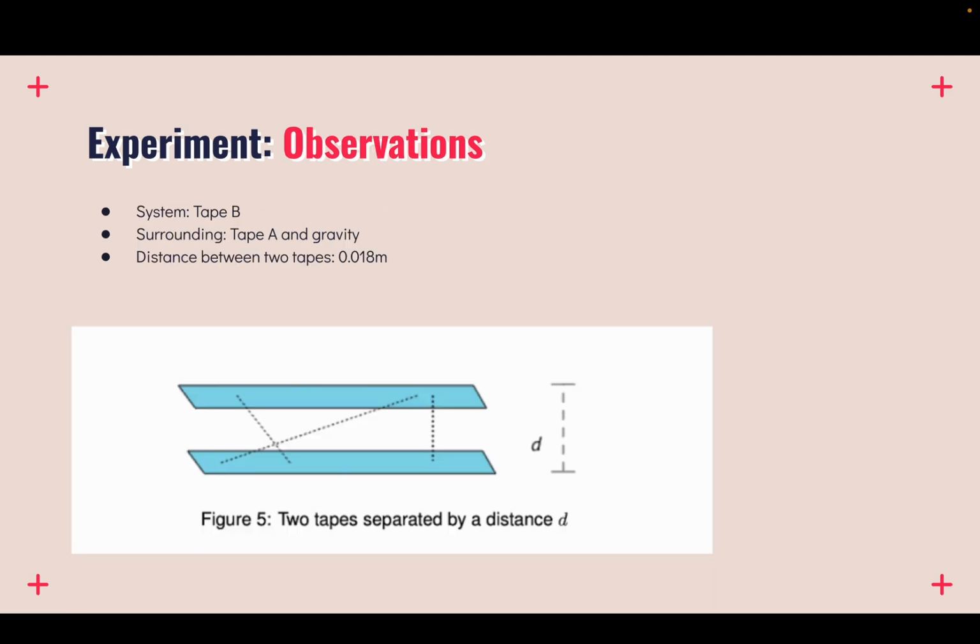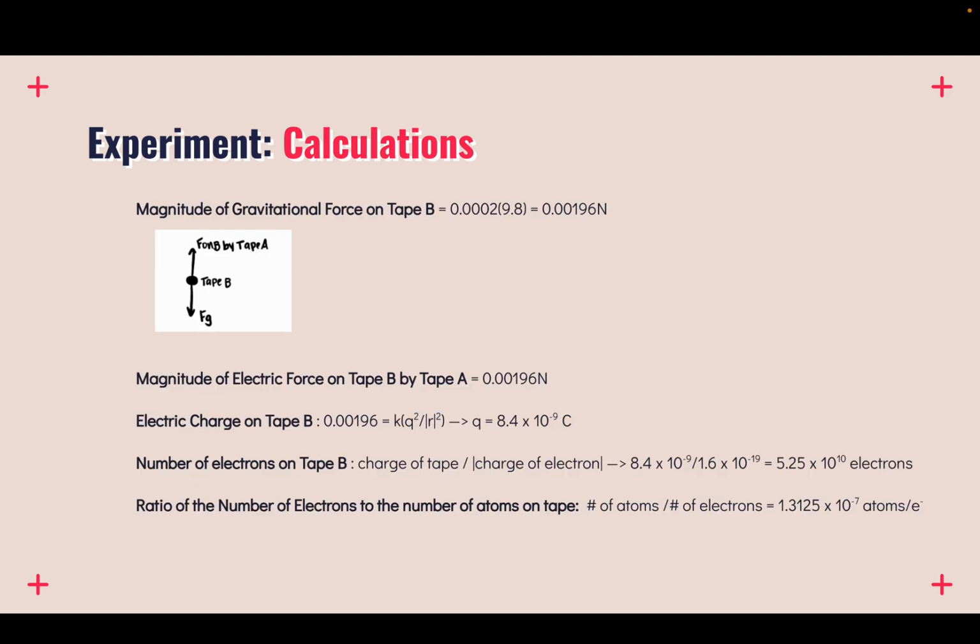And then when we did our experiment, first we used tape B as our system and tape A and gravity as our surroundings, and we observed that when we brought tape A close to tape B, the distance between the two tapes was 0.018 meters. To find our calculations, first we found the magnitude of gravitation on tape B, which is the mass times the gravitational constant, which was